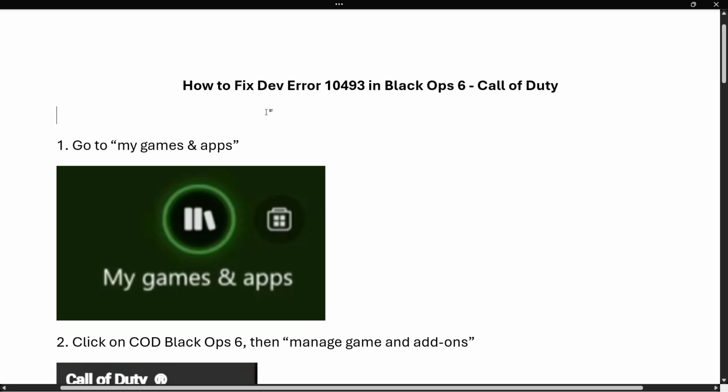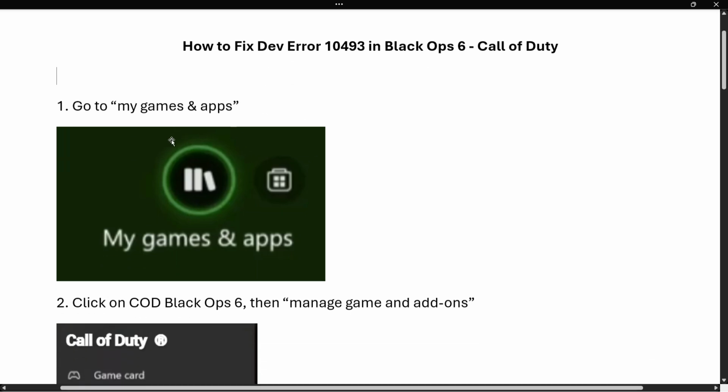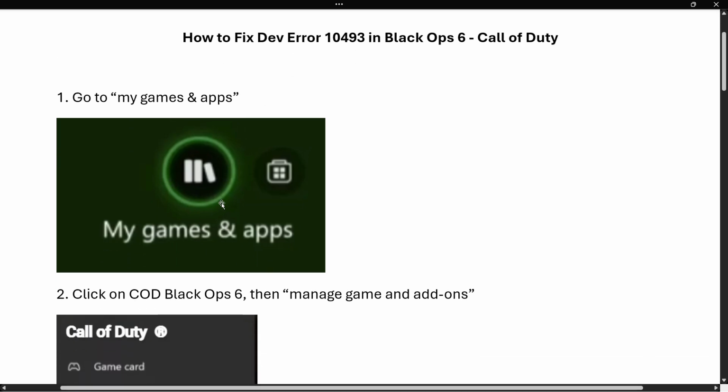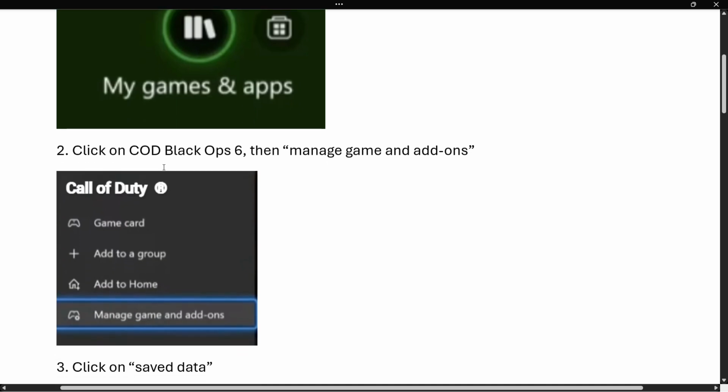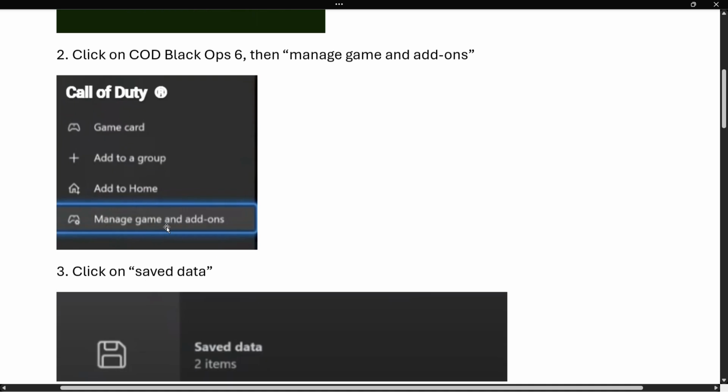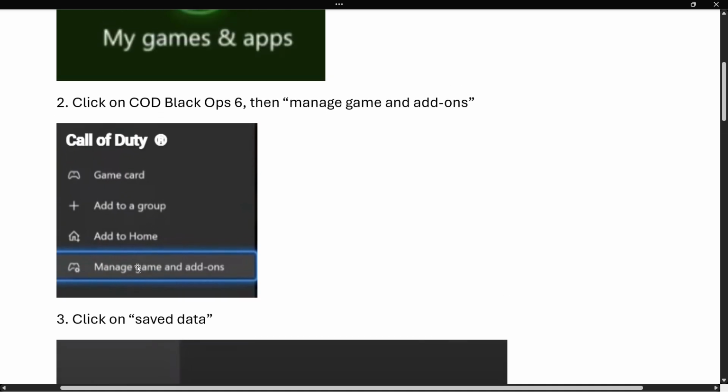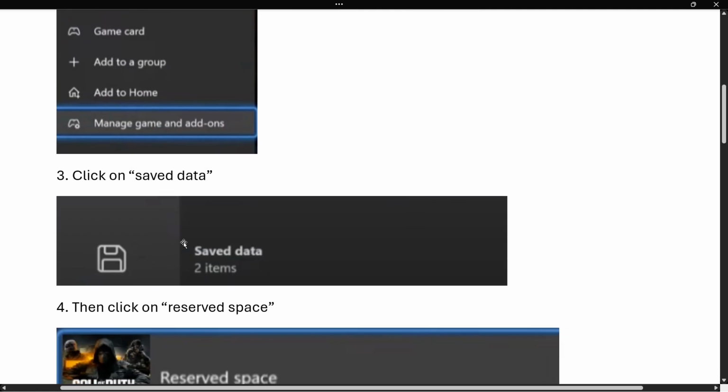All you want to do is go to My Games and Apps. So simply click the My Games and Apps tab, and then click on Call of Duty Black Ops 6. Once you select the game, click Manage Game and Add-ons, which looks something like this over here. After you go into this menu, click on Saved Data,